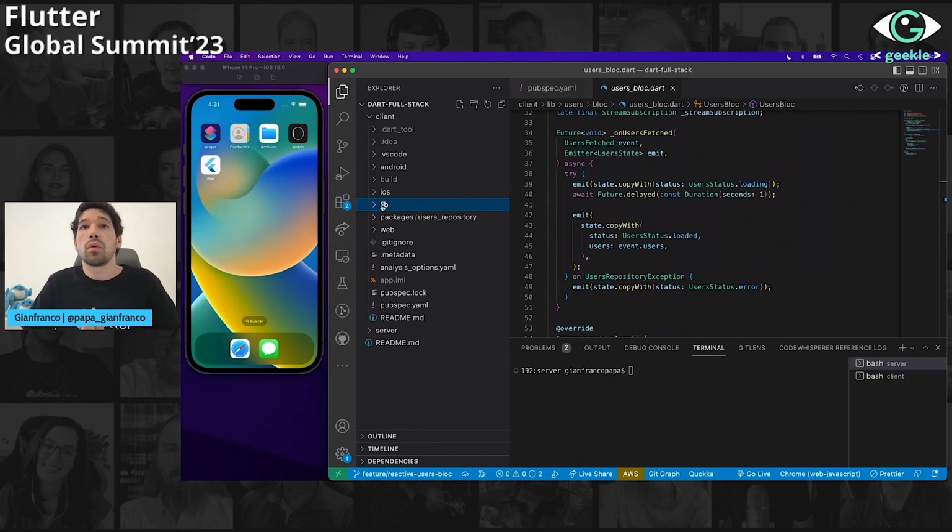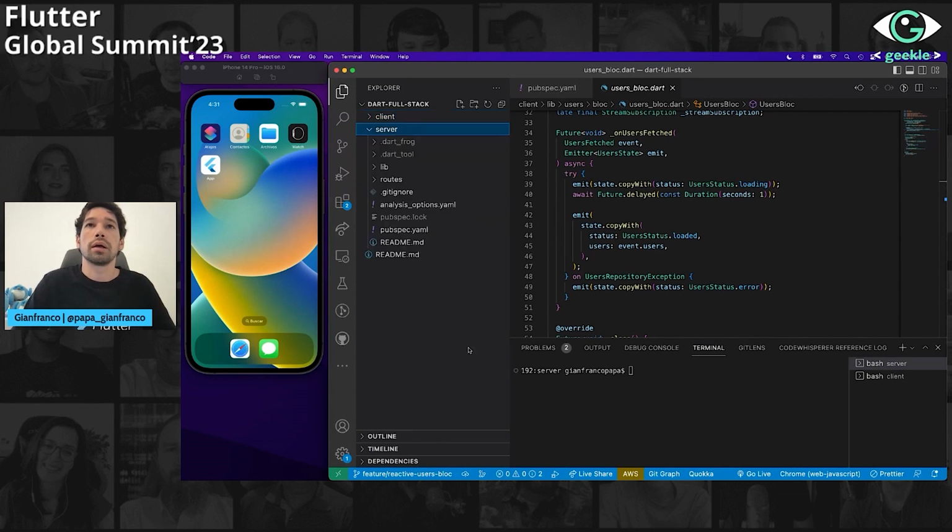And then we have to explain how the DartFrog API is built. So I'm going to start by showing the server folder. In the server folder, the first thing we'll notice is that this is a pure Dart package. It's really common for us to write packages. So it has the same structure, but it has different folders that are key for DartFrog.